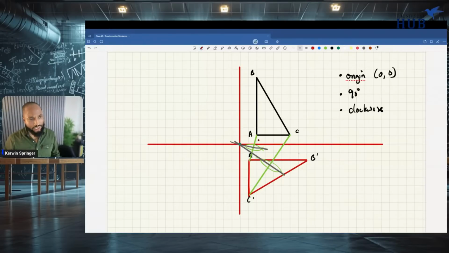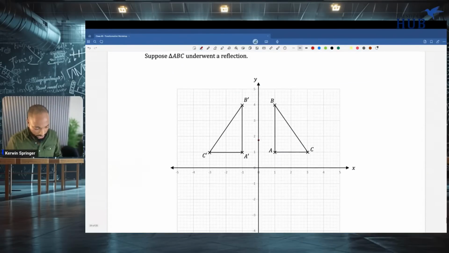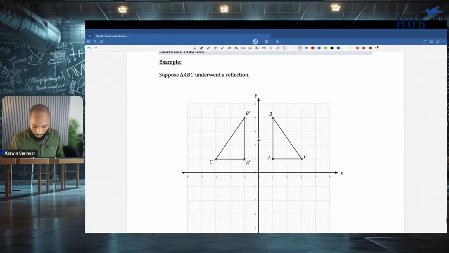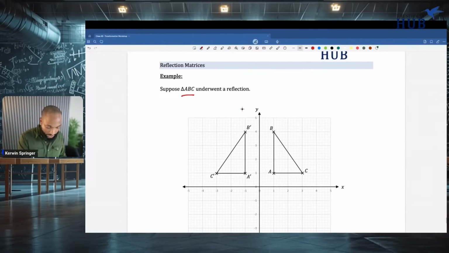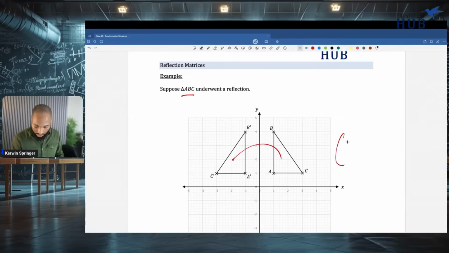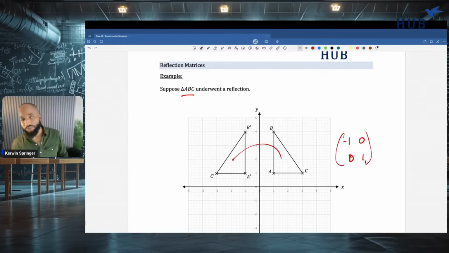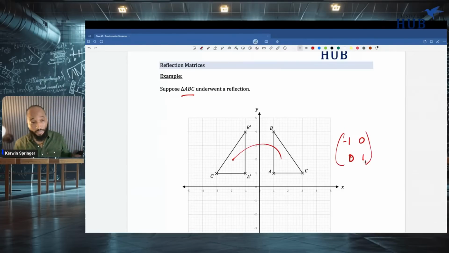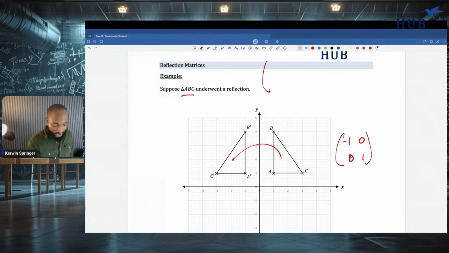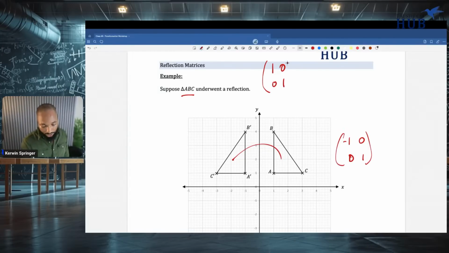I'll go more into this in the crash course when we're doing some questions. Just some quick touches before we go, like 1 minute. Suppose that ABC underwent a reflection. The thing that we use to make this reflection is this. Those of y'all who revised matrices, say in the chat if you revised matrices yet. Matrices is 3 marks, the first part, so you should revise it. I have a whole series on matrices that's very effective, right on my Kerwin Springer channel, not this one. So revise that. And if you revised matrices, you'd have known that this matrix has a name.